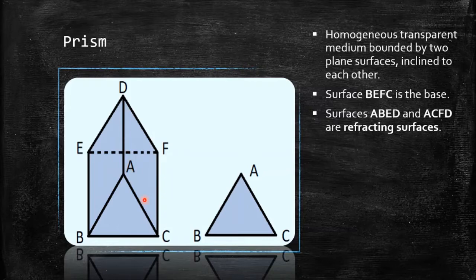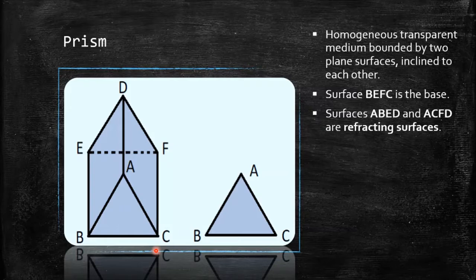Now, why are they called refracting surfaces? Obviously, because I'm expecting my light to get incident on this prism from the ABED or from the ACFD surface. Okay. So what will you have here? Well, if I keep my prism in this orientation, because we already have seen three different orientations of the prism, right? In the last chapter, we had dealt with something called the right angled prism, correct? That was a 45, 90, 45 degree prism. Obviously, it is not necessary that you're going to get the same prism always, right? So, it is important for you to note down some terms, correct?